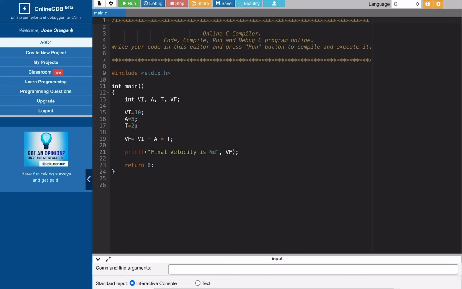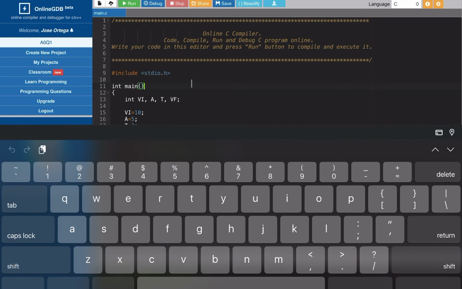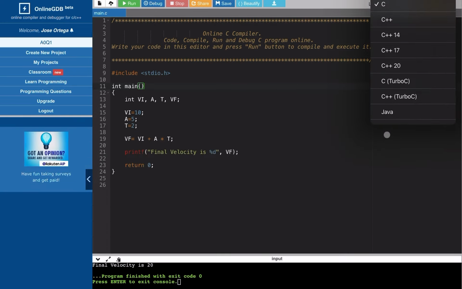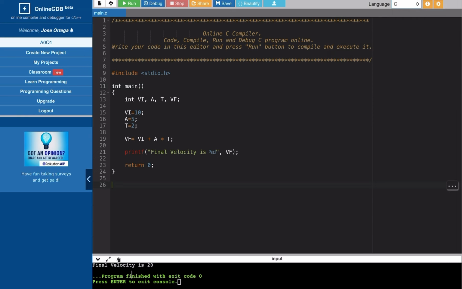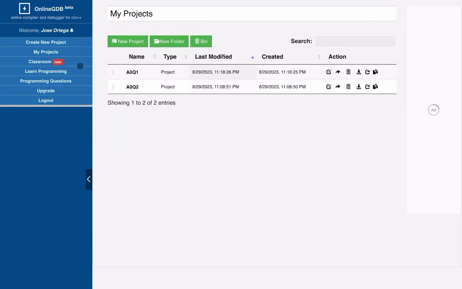If we run the program here and close this, it shows the final velocity is 20. We do the math, it's 20. So now we're going to go ahead and do A0Q2,